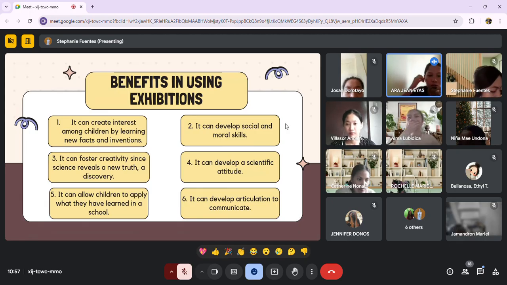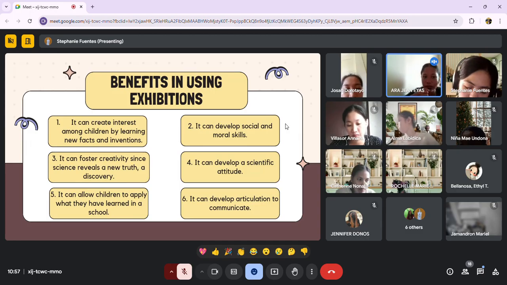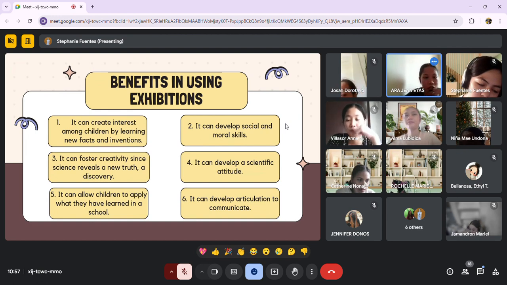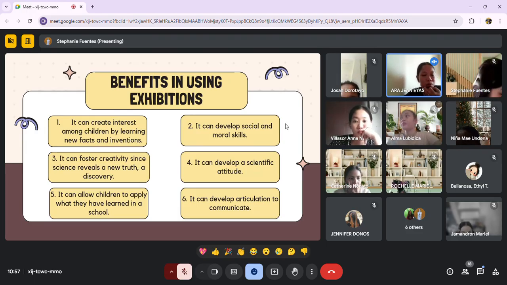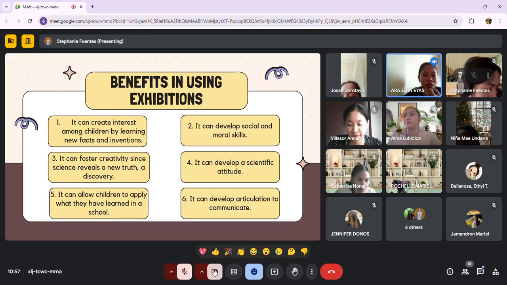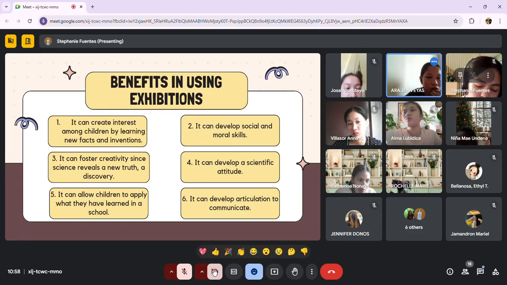So as we all know, exhibitions, particularly in science settings, displays often feature new discoveries or inventions that are intriguing facts that can capture the children's interest and curiosity. So its exposure to fresh information or innovations encourages the students to explore topics that they may not have encountered in class. And this will spark their interest and will broaden their knowledge and understanding of the world around them. So this exposure can lead to a greater enthusiasm for learning, and it also fosters a deeper appreciation for science and innovation. So let's proceed to number two.